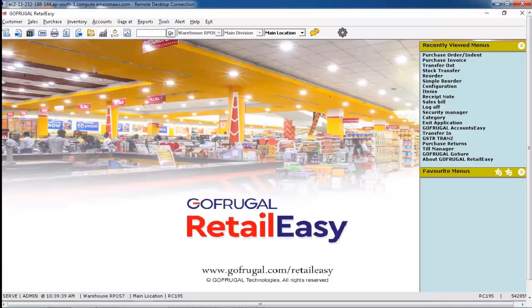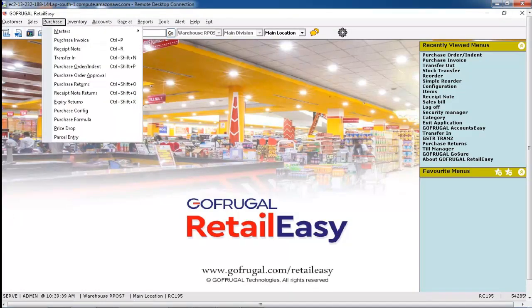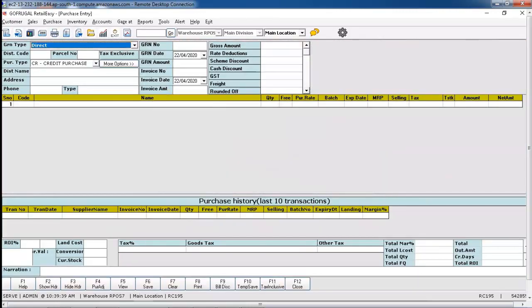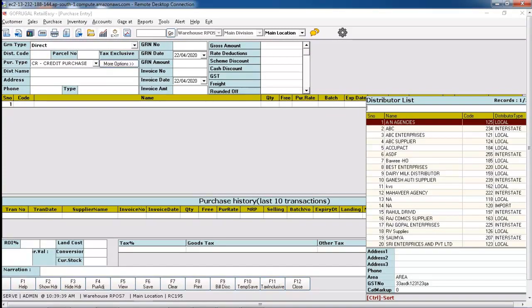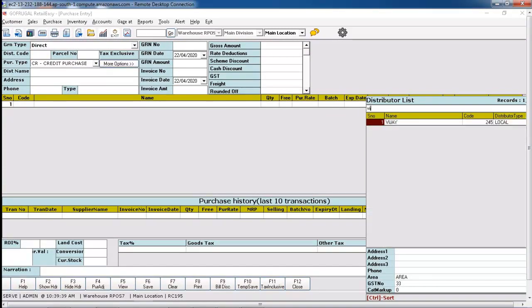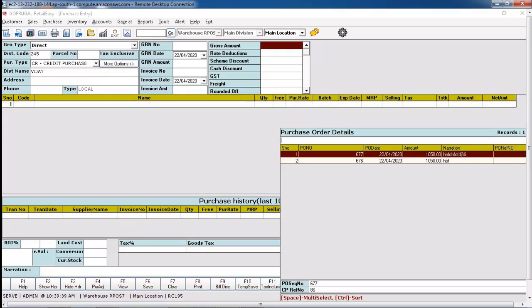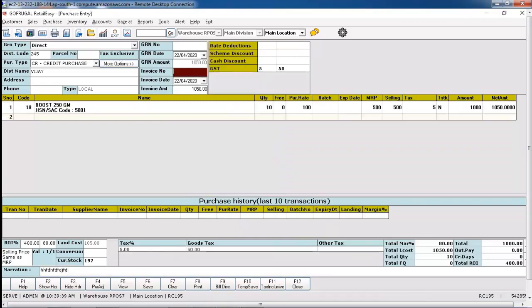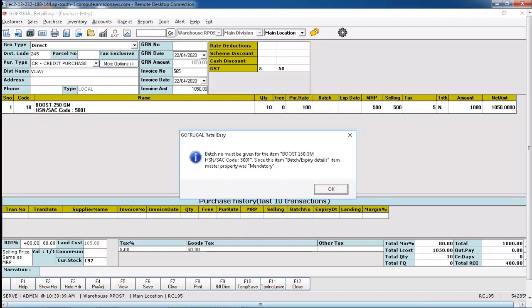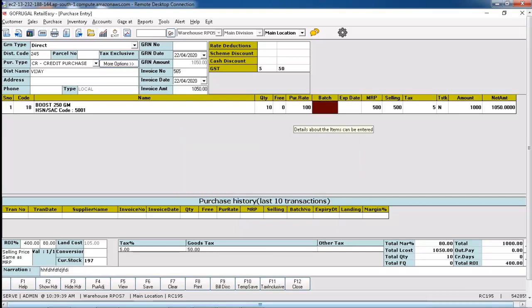Now I am going to the outlet. Click on purchase. Click on purchase invoice. Now select the same supplier name, Vijay. Now you can see the central purchase which is raised from HO. Once you click on it, it will load the item and click on save. Before saving, you have to give the invoice number. Now click on save. Once it is saved, it will auto generate the purchase invoice against the purchase order.